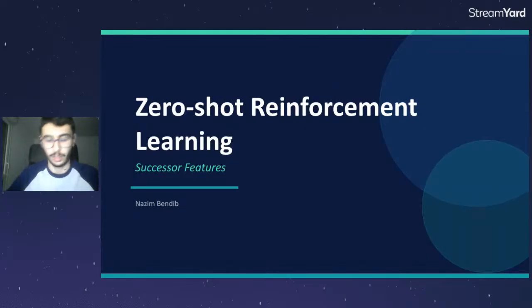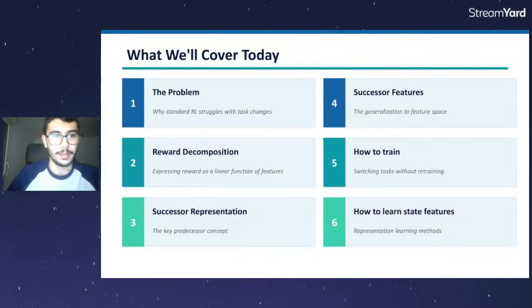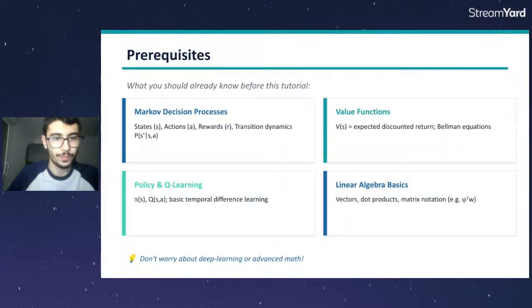In AI we have a lot of fields. Mainly, we see supervised learning and unsupervised learning, and we have also reinforcement learning, which is a little bit different, but we use basically the same techniques. We have neural networks that we try to train, etc. In this presentation, it's going to be a little bit advanced. So, as prerequisites, you should know what are states, actions, rewards, transition dynamics.